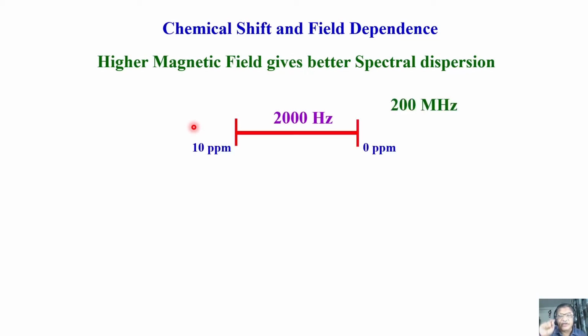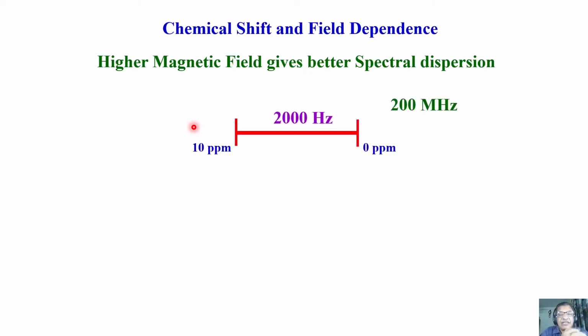When the resonating frequency becomes larger and larger, we explained conceptually, the energy separation becomes larger and larger, resolution becomes better, and spectral dispersion becomes better and better. What it means is, when you go to higher and higher magnetic field, remember when you express in frequency, the spread is larger. That means larger the dispersion, better the resolution. Let us look at it very carefully now.